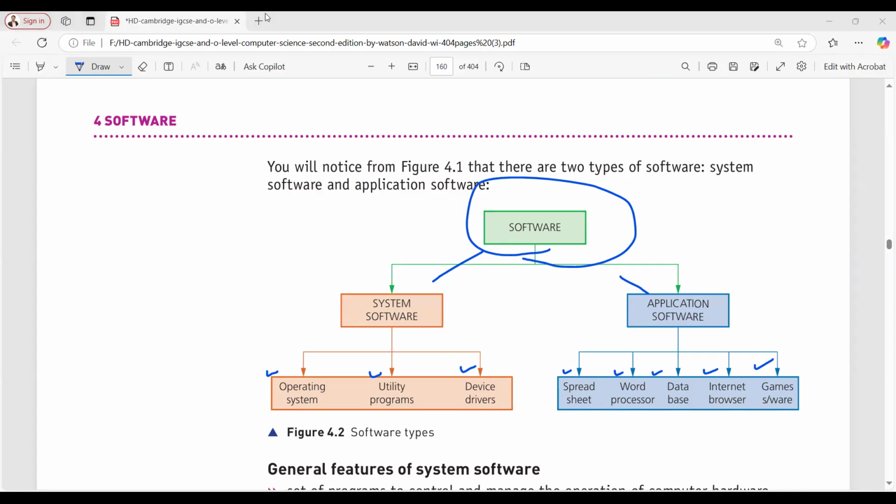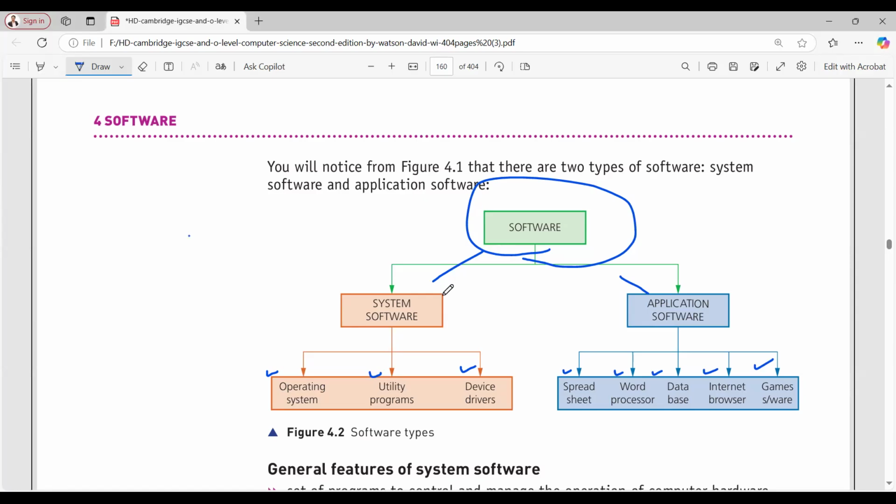Sir, because if we don't have system software, the computer won't be able to work itself. ठीक है, और कोई पॉइंट? सर, विदाउट सिस्टम सॉफ्टवेयर कंप्यूटर अपना हार्डवेयर और एप्लीकेशन चला ही नहीं पाएगा। बिल्कुल ऐसा ही है।